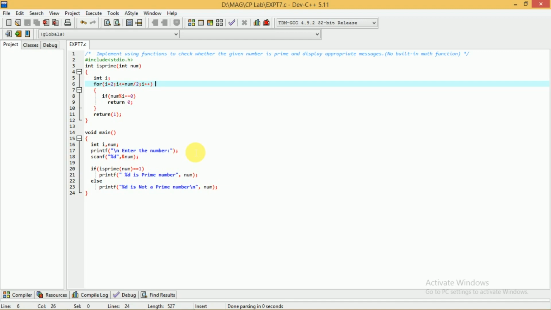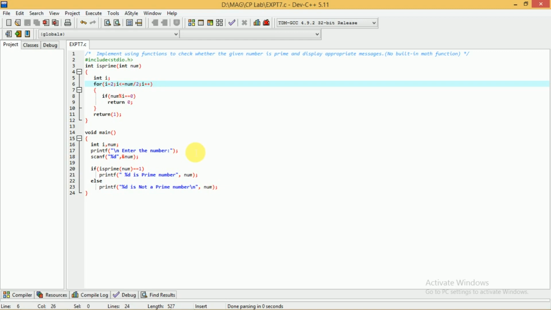So in the same way, another type of function is a user defined function. As the name itself indicates, this function is defined by the user. So in the user program, whenever a set of lines are to be executed repeatedly, the user may define a function, and in that function he may include those particular lines.